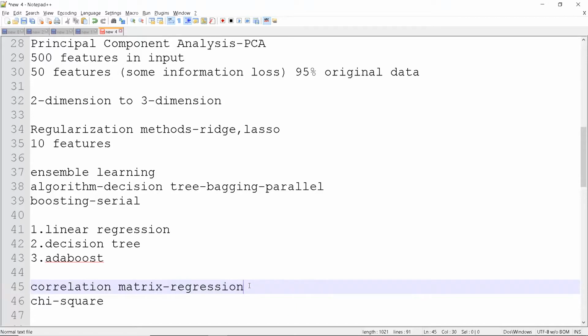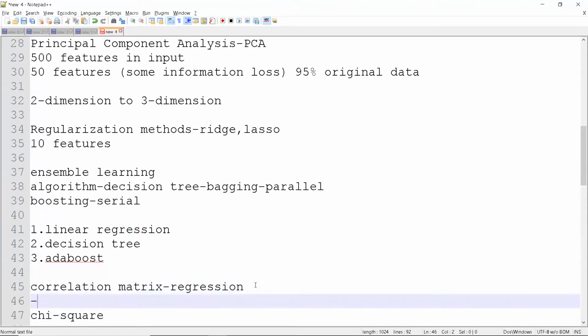So based on this, we'll be able to find the important features, like I already explained in regularization, right? So we can manually display the numbers. So in correlation matrix, the values range from -1 to 1. So one is positively correlated and the negative one is negatively correlated.